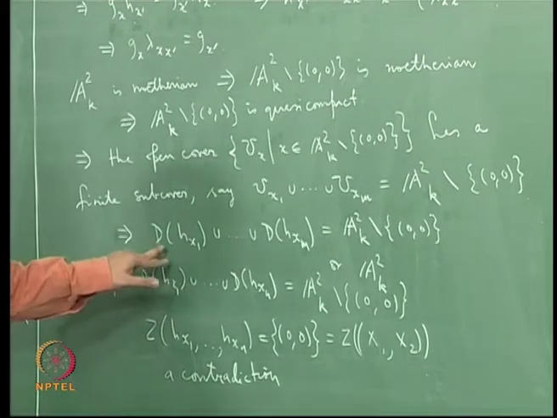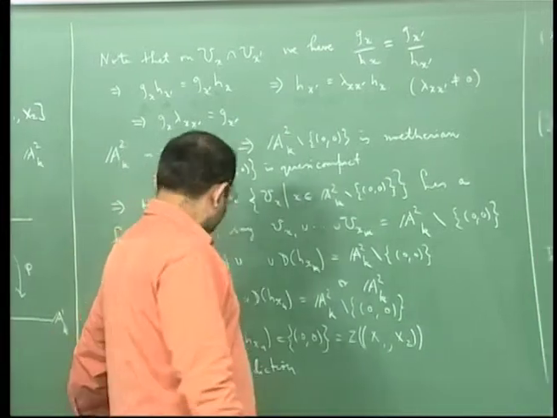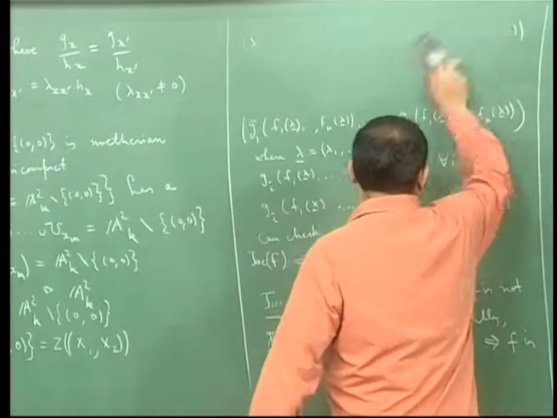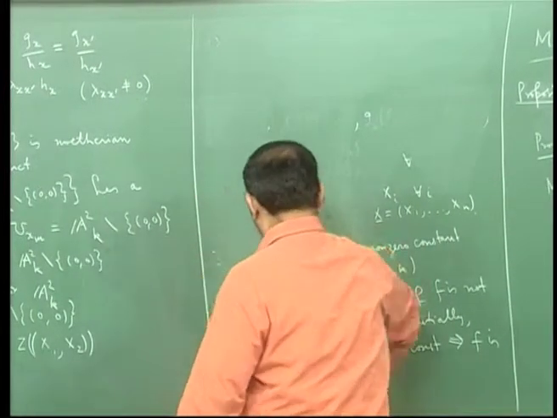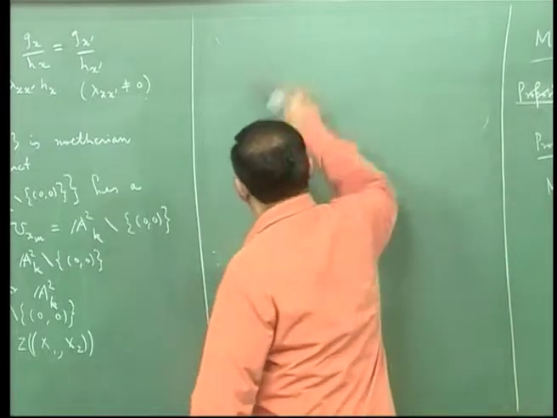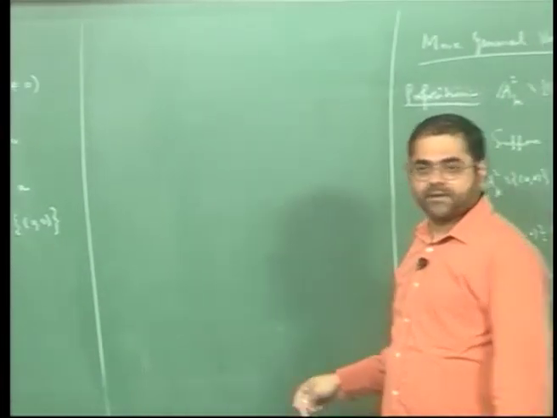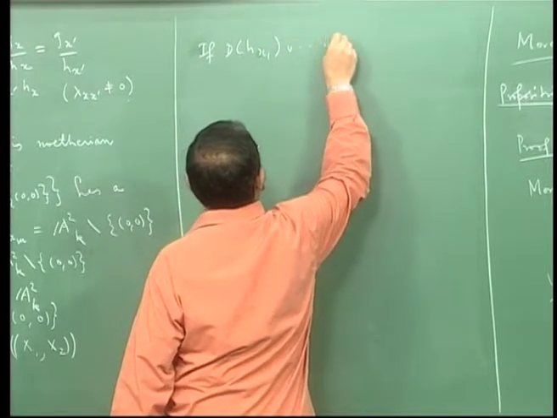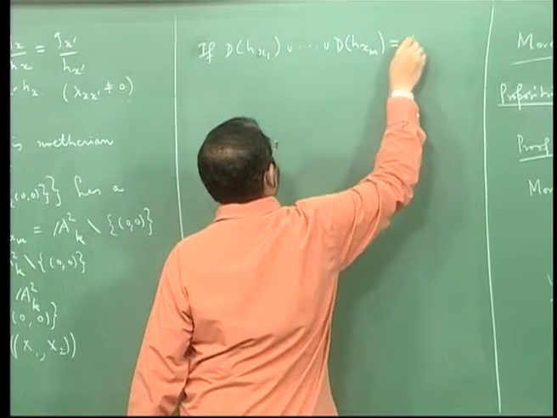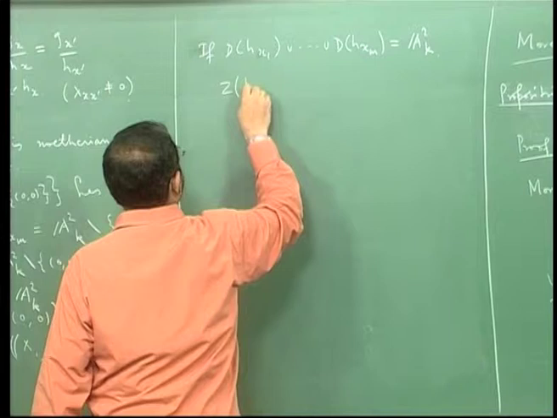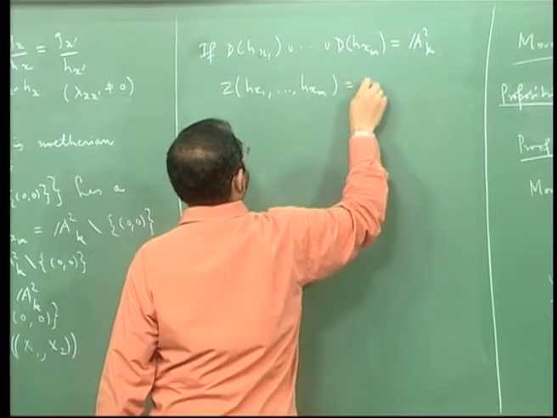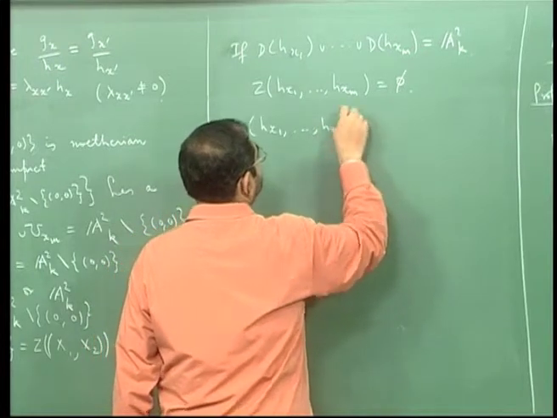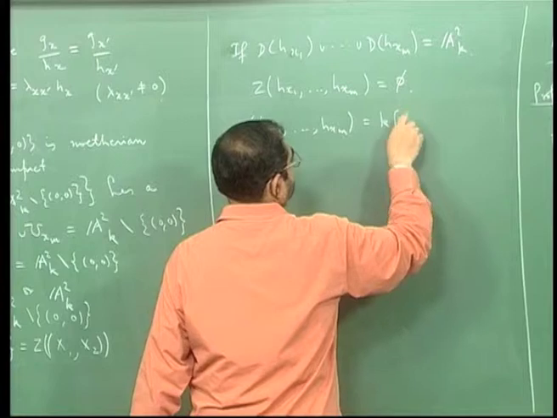On the other hand, the other possibility is that the union of all this is A2. If the union of all these things is A2, this is something that we have already seen. It means that all the h's will generate the unit ideal. The ideal generated by the h's will be the whole polynomial ring. If dhx1 union dhxm is A2, what it will mean is that z of hx1 hxm is a null set, and this means that the ideal generated by hx1 hxm is the whole polynomial ring,